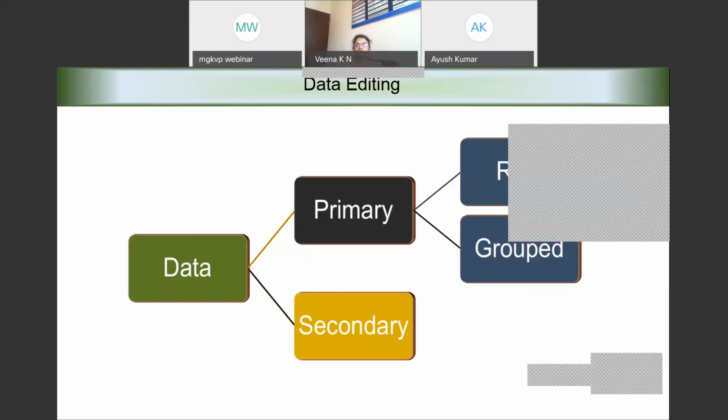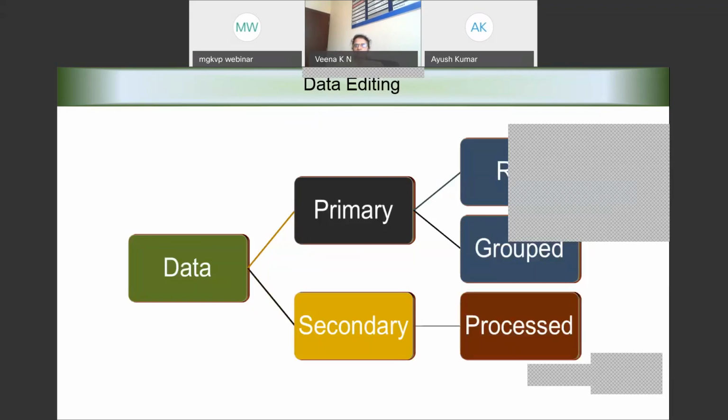When we look at the secondary source, I'll not go into the details of the limitations and merits, but we deal with processed data. In secondary sources we get processed data, meaning the data could already be presented in the form of a table or a graph or a mathematical model.